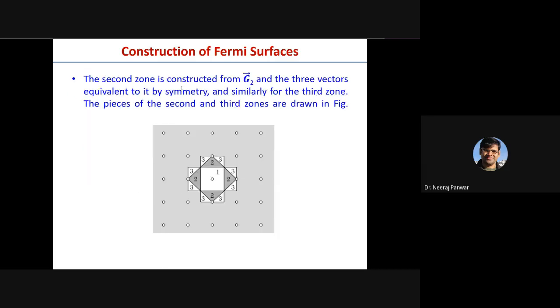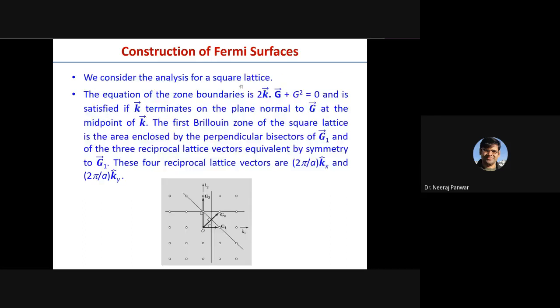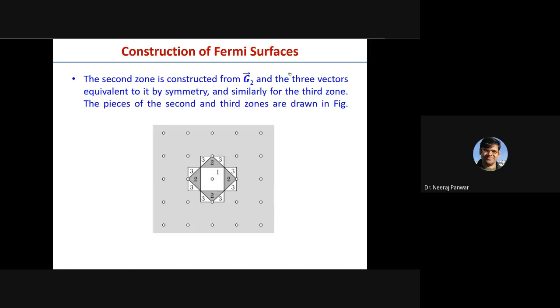The second Brillouin zone is constructed from the vectors k2 when we connect the origin to the next nearest neighbors, and their perpendicular bisectors will form the second Brillouin zone, along with the three vectors equivalent to it by symmetry. And similarly for the third Brillouin zone, so the pieces of the second and third Brillouin zone are drawn in